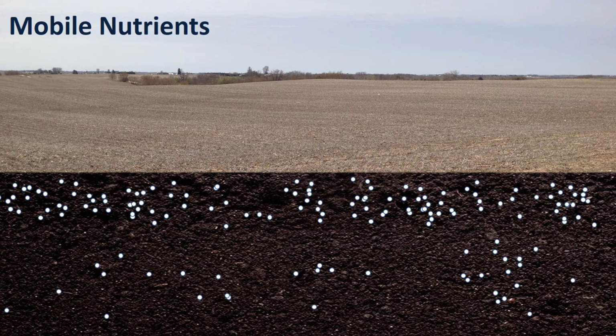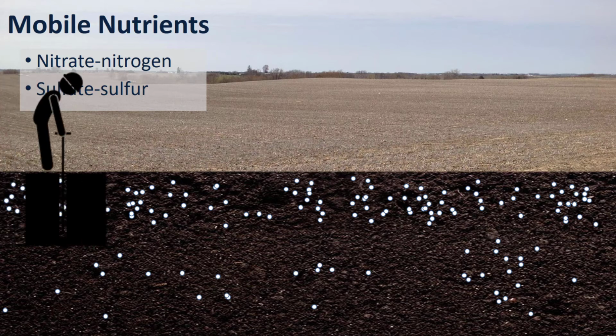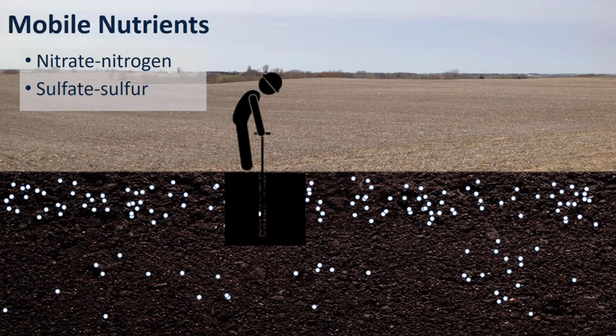And the ones that we're really talking about here are the nitrate form of nitrogen and the sulfate form of sulfur. So then the question goes is, so it rained a lot, I applied some of these nutrients, what about next year? What do I do? So when we're going out there, we're considering sending out our soil sampling crew or whether or not to.